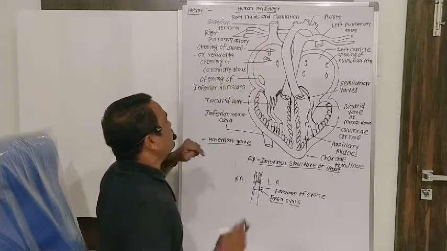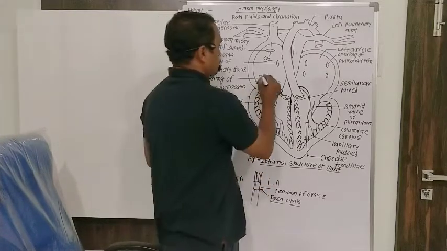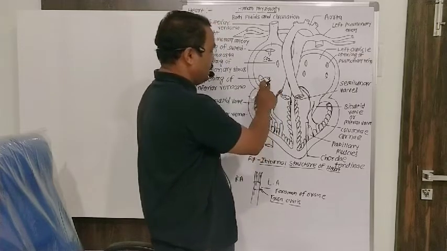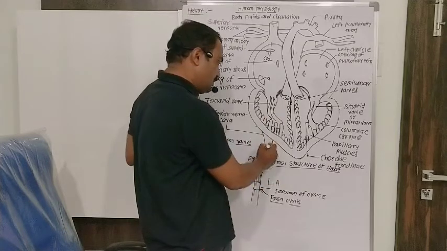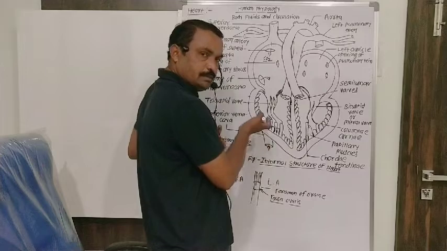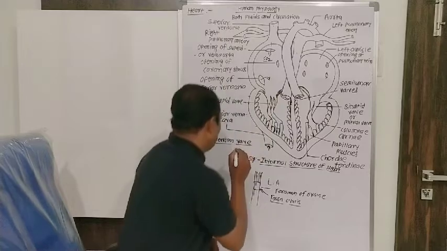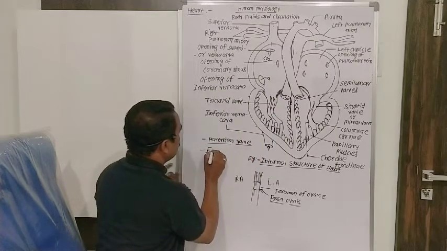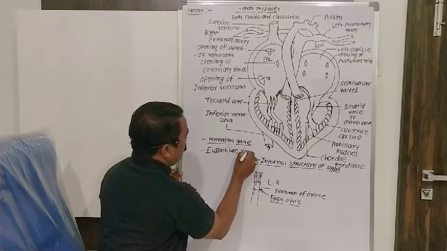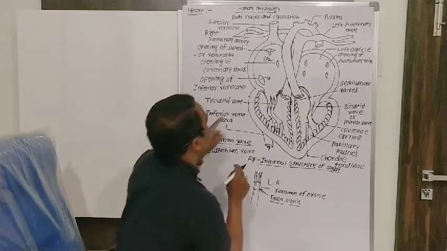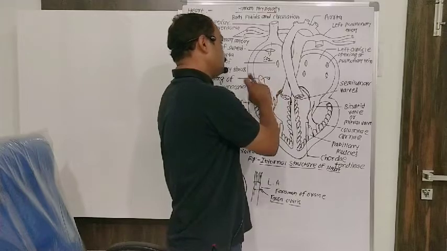Okay. Next, there is a second opening, that is the opening of the inferior vena cava. The inferior vena cava or post caval vein collects deoxygenated blood from the posterior part of the body and opens into the right auricle. This opening is also guarded by a valve, the Eustachian valve. The Eustachian valve present on the opening of the inferior vena cava prevents backward flow of blood from the right auricle to the inferior vena cava.